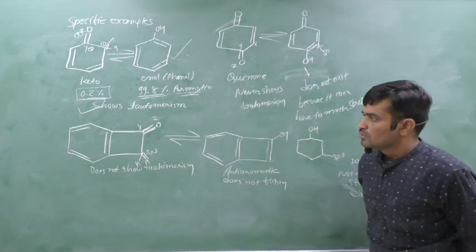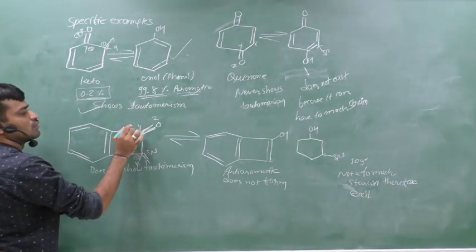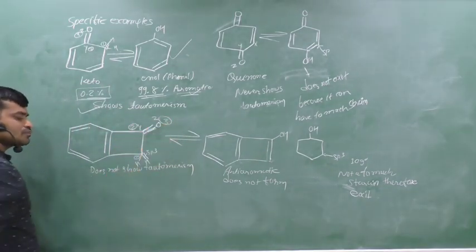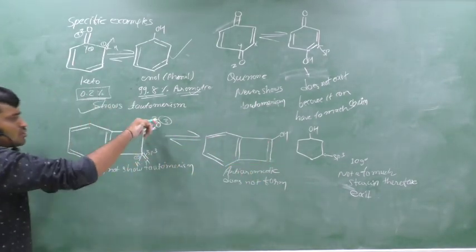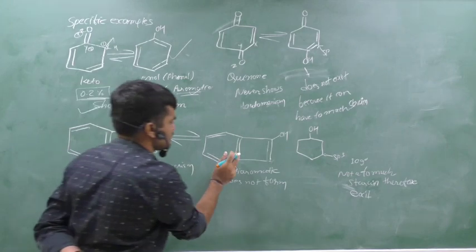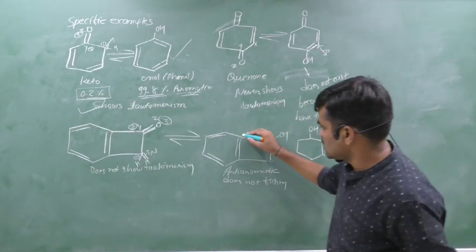Now if we write here 1, 2 and 3, hydrogen is transferred from 1 to 3, and the double bond goes from 2, 3 to 1, 2, then the compound is like that. But if you check the nature of this compound,